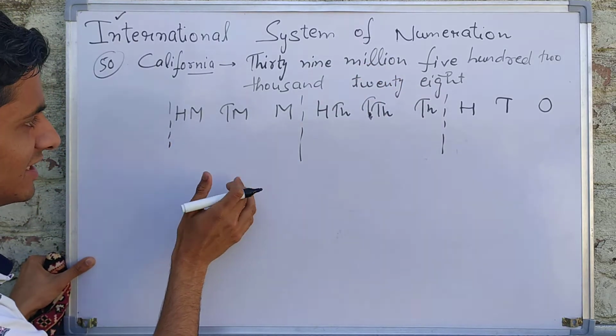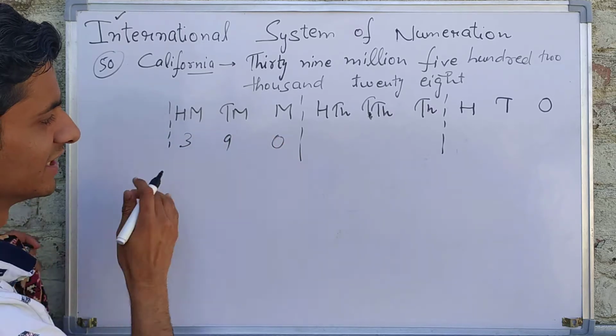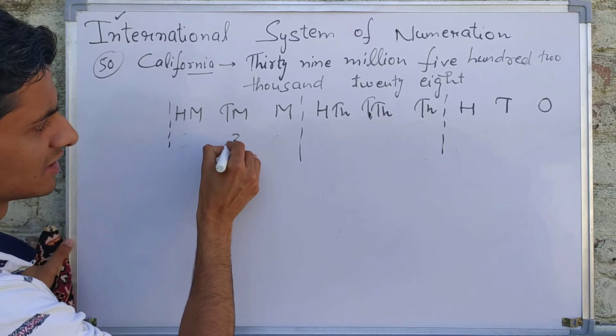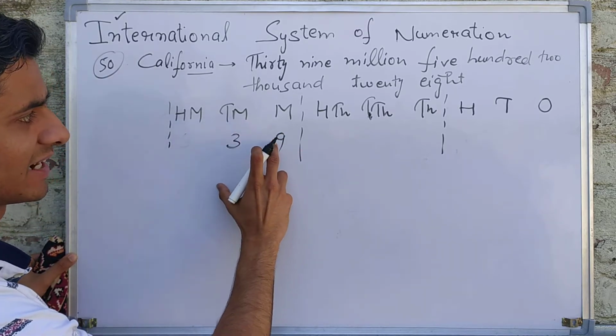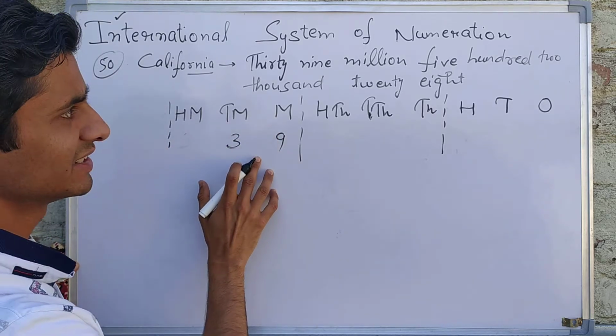So where will you place 39? You will not place it like this, otherwise it will become 390. So obviously you will place it in this way, 39. 3 in the 10 million place and 9 in the million place, 39. So this place obviously would be 0. 39 million